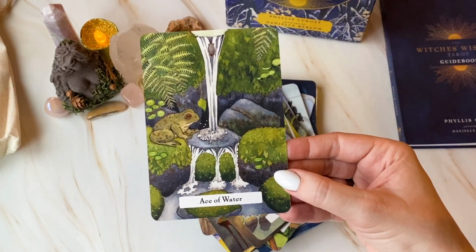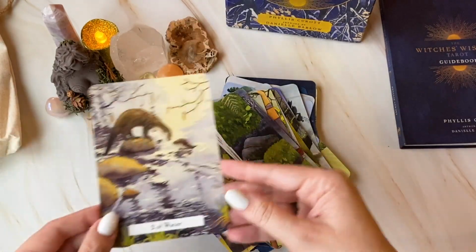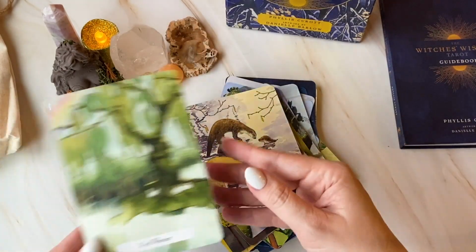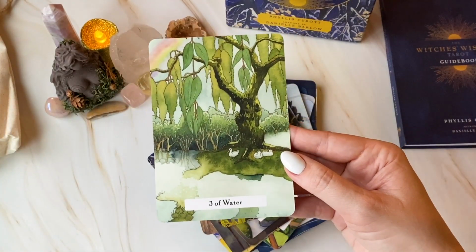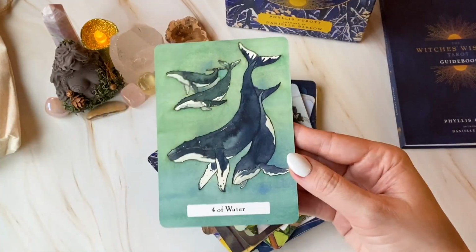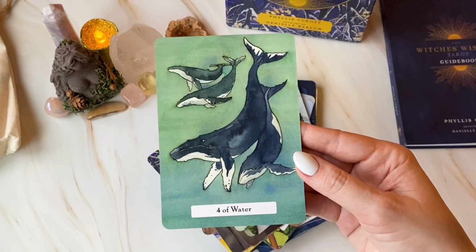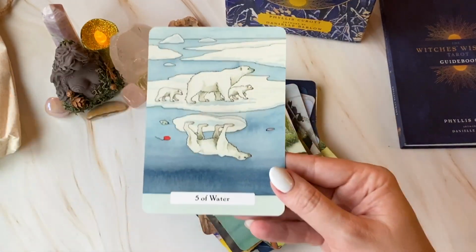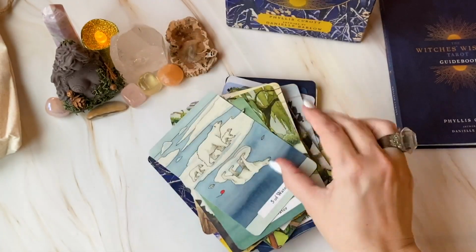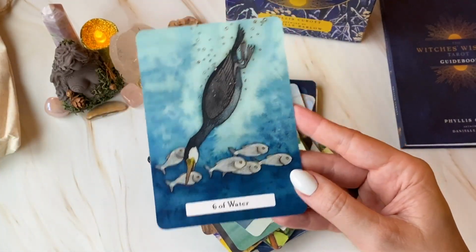Like, there have been decks that have blown me away, for example, the Lightseers Tarot. There's been a lot of decks that have blown my socks off. This is just something new for me, and I love discovering something new after so long of practicing. But again, I'm going to have to sit with it and play, but it's singing